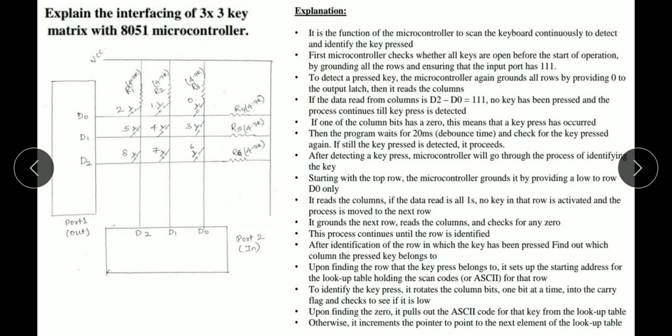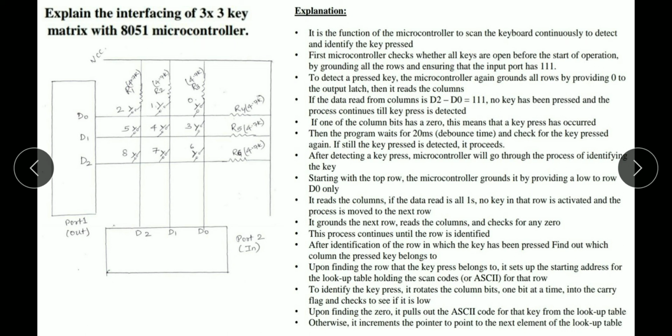To identify the key press, it rotates the column bits one bit at a time into the carry flag and checks to see if it is low. Upon finding the 0, it pulls out the ASCII code for that key from the lookup table. Otherwise, it increments the pointer to point to the next element of the lookup table.